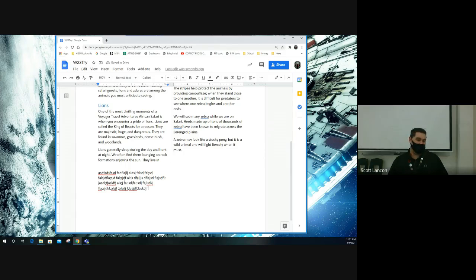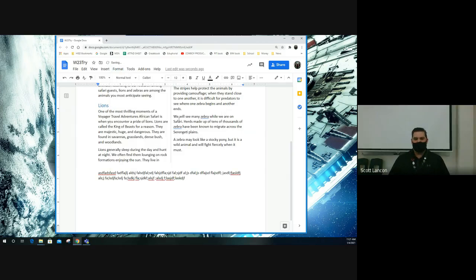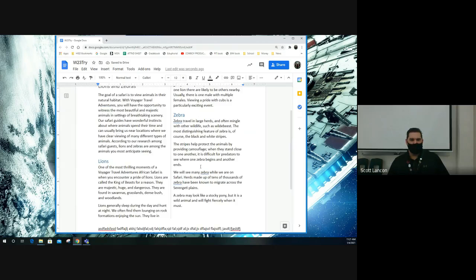Now you may be saying to yourself, I see that we're still doing this two-column thing. I thought Mr. Lincoln said we could do some different stuff in a different area. You can change the format, go to columns, go to single column, or even 3 columns. Okay, and now you can see that I am working in a single column format. So above here,